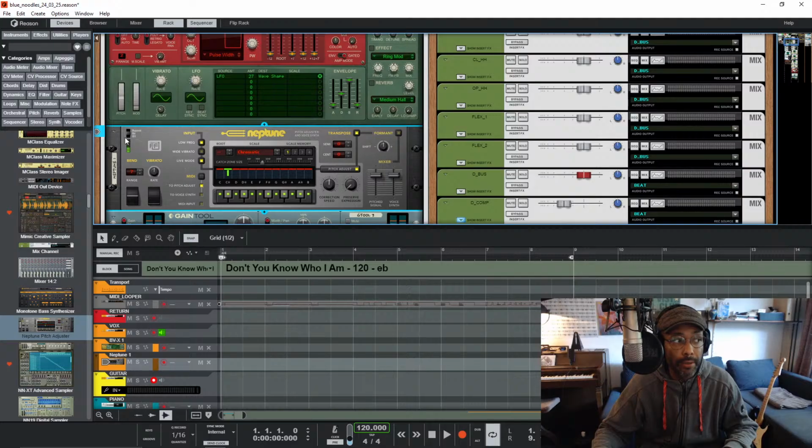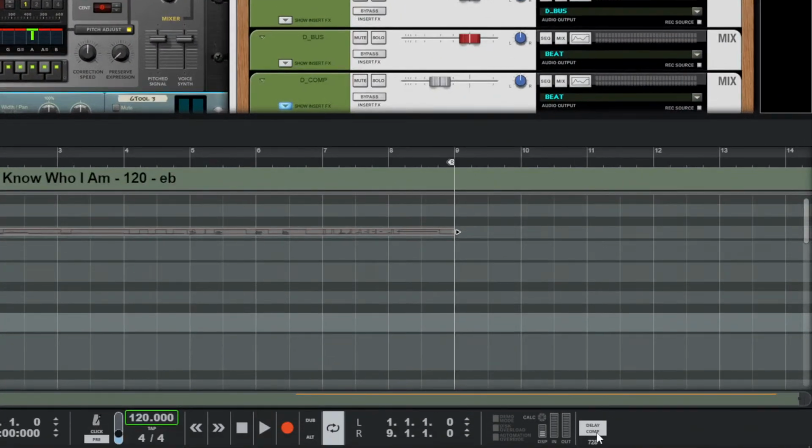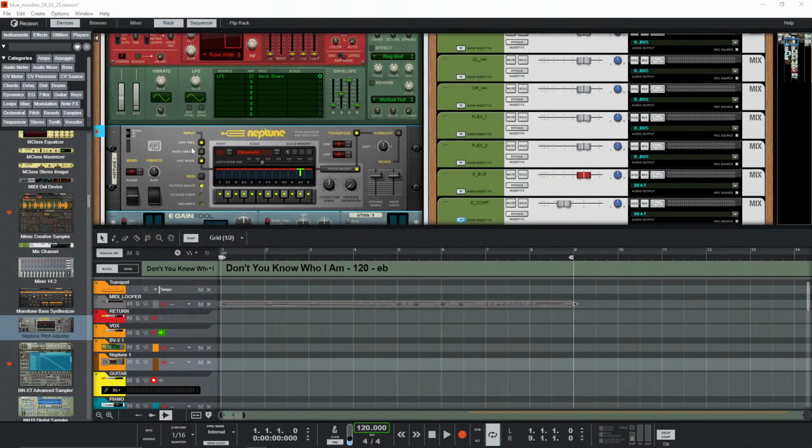I mean, let's bypass this again and compare numbers. This is the DSP load with the processor on. And that's the latency of this pass without. It's kind of pretty wild, I think.